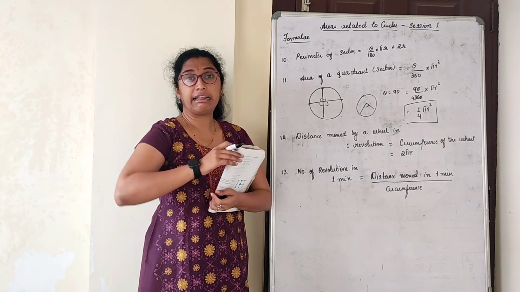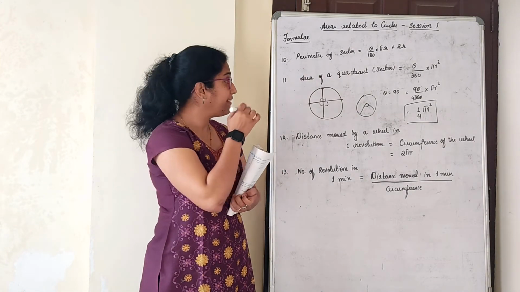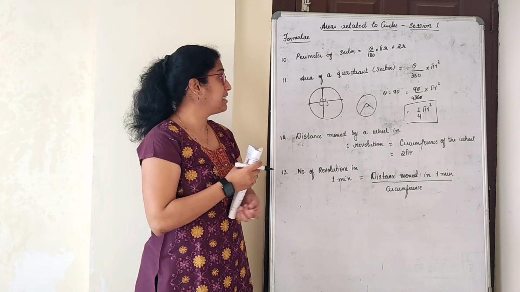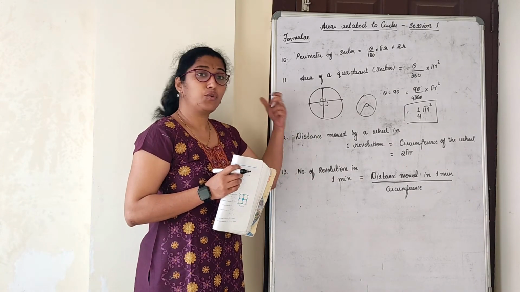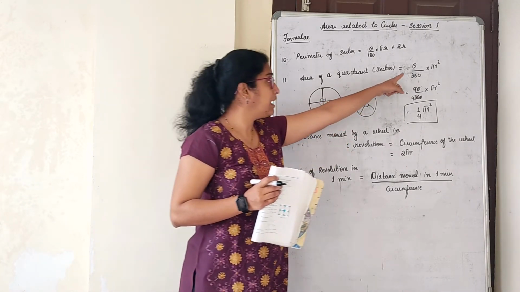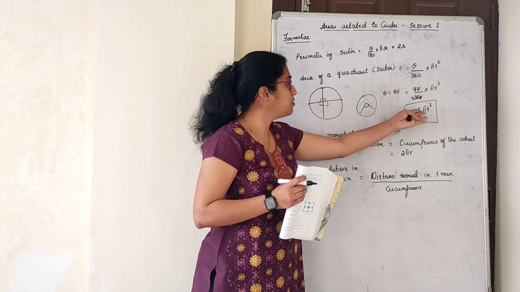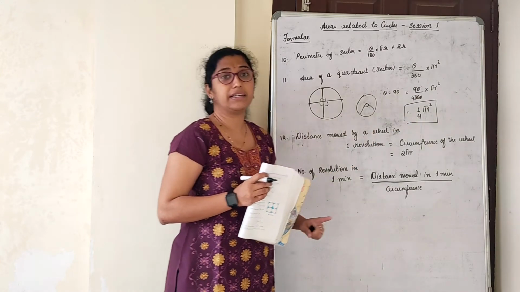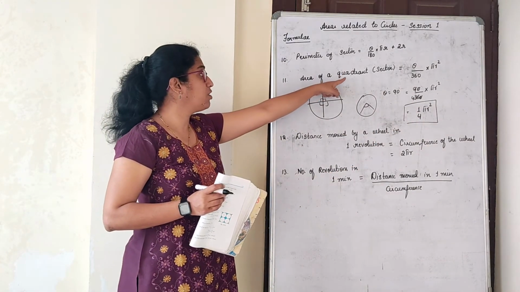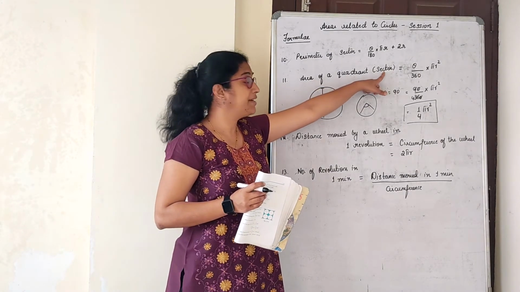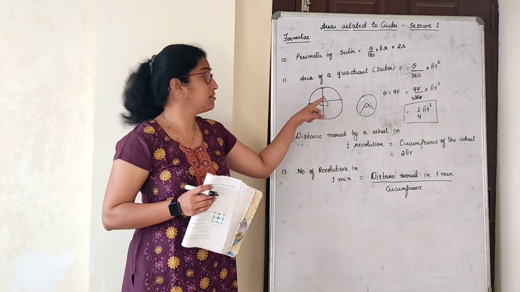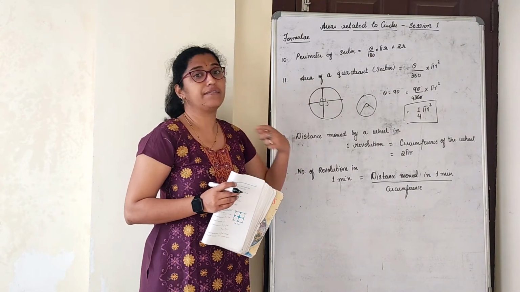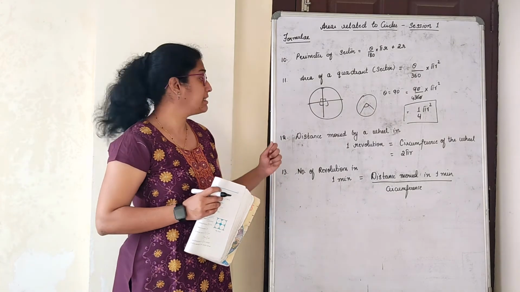See, they will not directly ask you to find the area of a quadrant. They will give you a figure and theta is given as 90 degree. So with that, we understand that it is a quadrant, right? If you don't remember the quadrant formula, not a problem. Apply this only and do it. But instead of theta by 360, it's a direct formula 1/4 pi r square, which is only for area of a quadrant, right? In bracket, I have written a sector. Quadrant is also a sector, but where theta is 90 degree. Otherwise, theta values will fall whatever angle subtended by the arc is given.